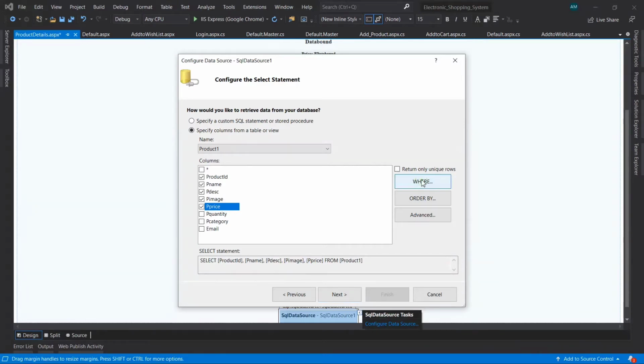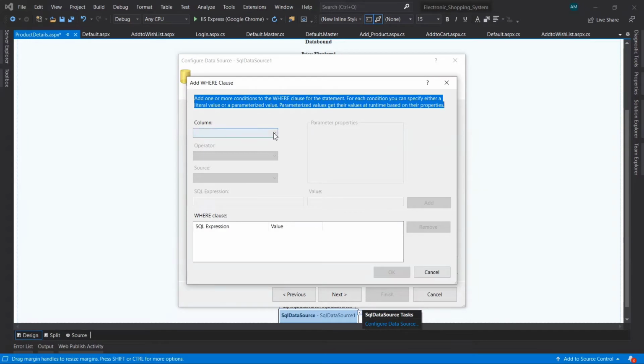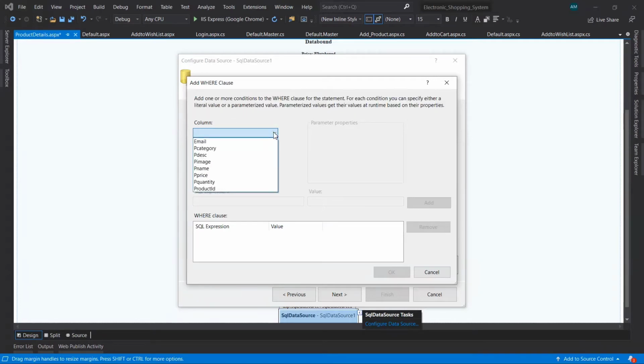Click on Where. Now add the column: I want to select product ID, because based on product ID we are going to display the product details. Product ID is equal to, and here you have to select the operator, that is equal to, less than, greater than, and so on.